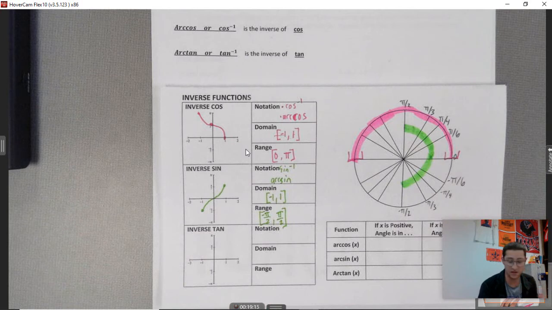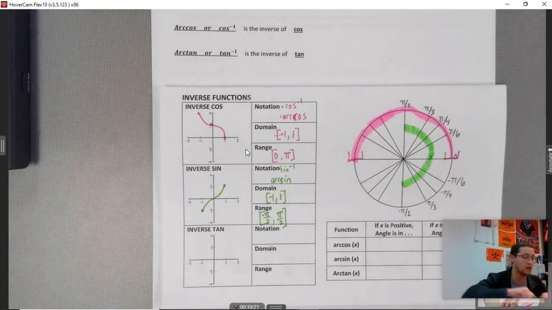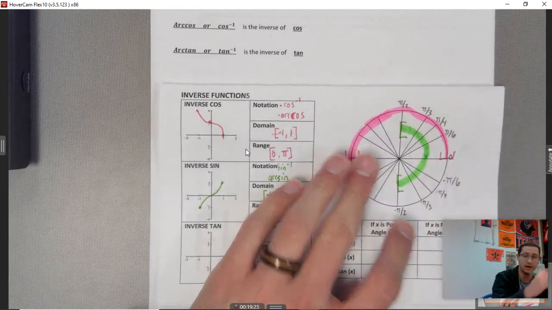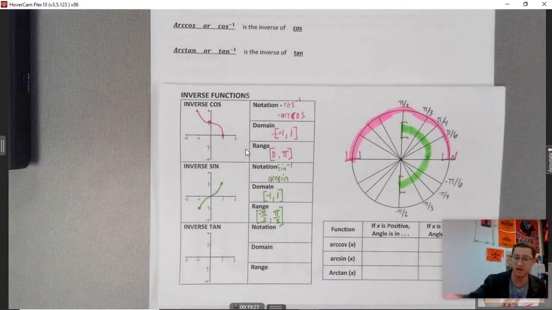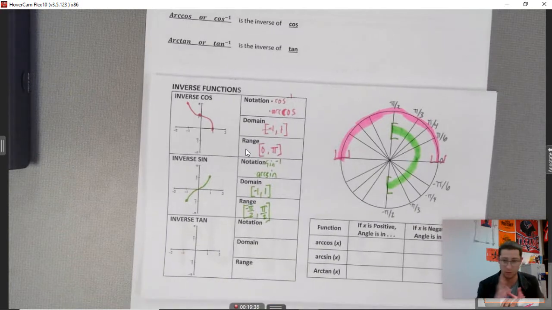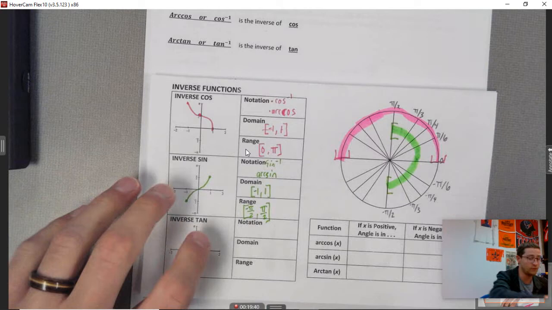Within that domain, we need to block this off with brackets. Bracket, bracket, just like we did up top. All right, so those are the values allowed based on that restricted domain. Inverse tangent. Again, we'll get into those details. Let's start off with the